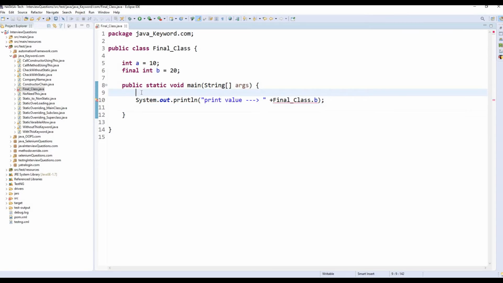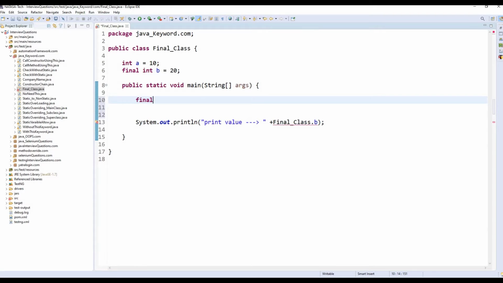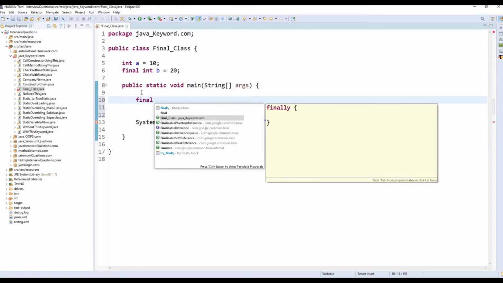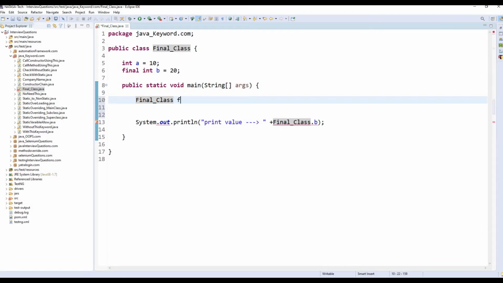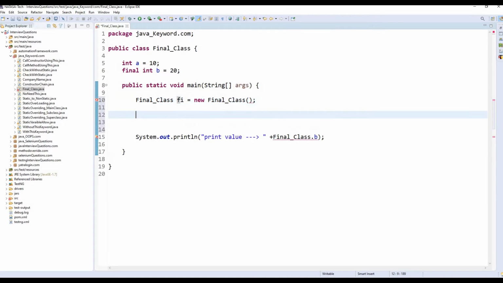So now I'm going to create an object for the class: Final_class fi = new Final_class(). Here the Final_class object is fi, right? Using this reference variable, I'm going to access the normal variable value and also the final variable value.